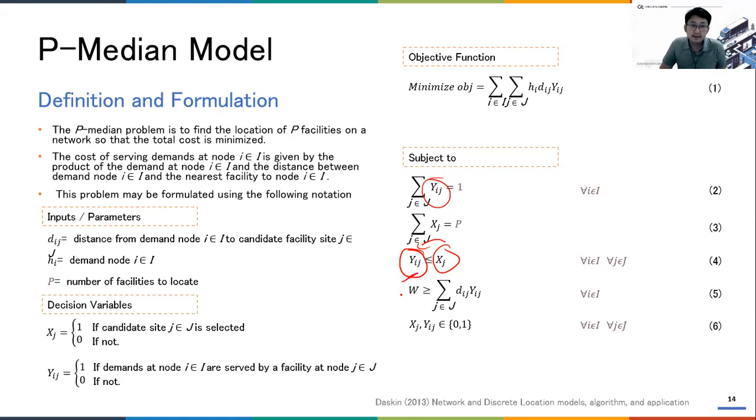So the value should be either 1 or 0, right? If you use that facility, then there can be demand covered from that facility. Sorry, it should be 0 or 1. So if you use this facility, then you can have a connection from that facility. But if the facility is not open, there is no way you can connect from it or cover a demand from that facility.